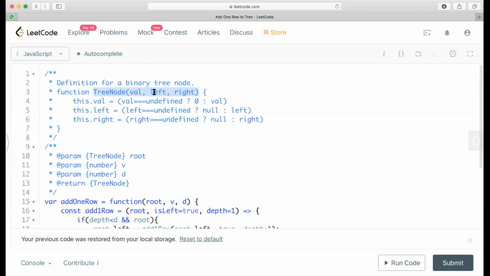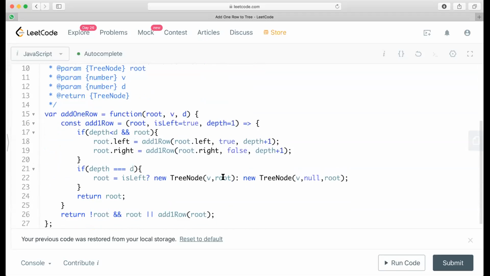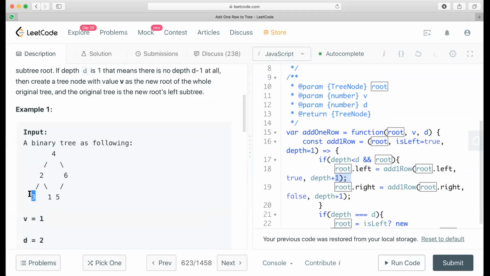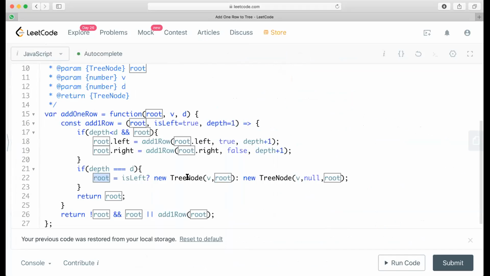New tree node, left and right. On the left side, stash the current root. So for example, I'm changing this guy here. I am coming from the left. Now I just grab it as it is, create my new node with the value 1, and I basically stash whatever it is on the left. So new tree node, created with the value V, and whatever my root value is, that becomes my left child.